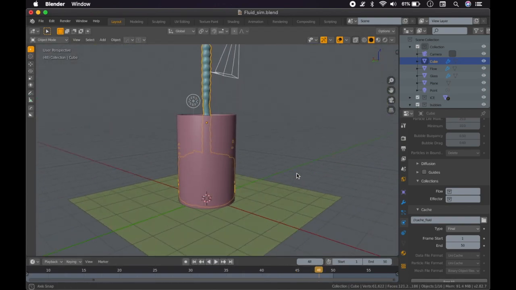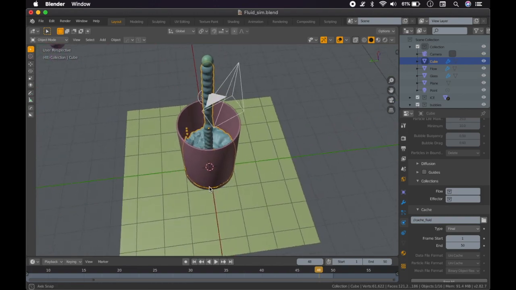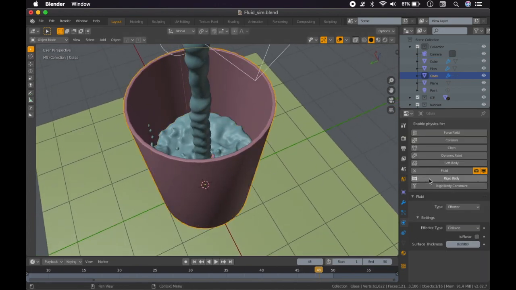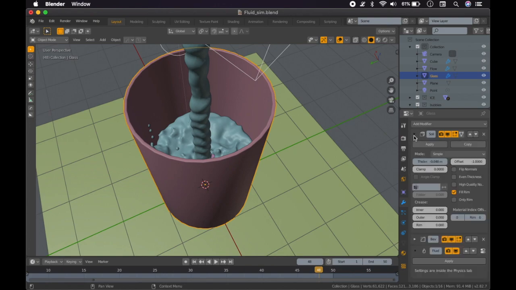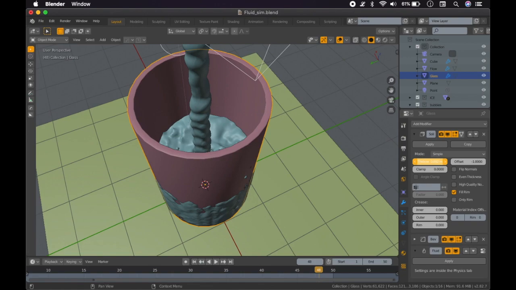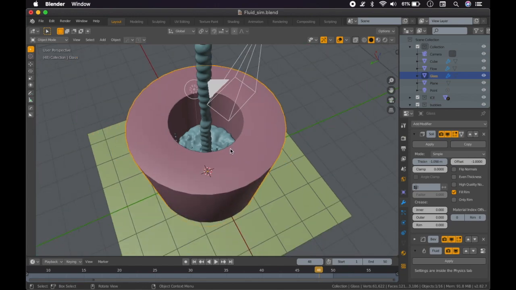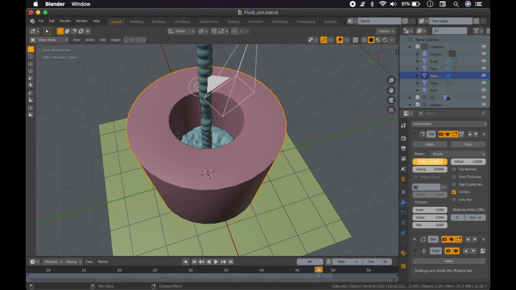So yeah, I hope this tutorial was helpful to you if you're making simulations for glasses in Mantaflow. Just make sure that you go over to your modifier settings and you apply a solidify on the actual glass or whatever it is that you're trying to keep the water in, and make it as thick as possible in the beginning so that the water could calculate inside the mesh that you want to have it in. Otherwise, if it is too thin, the actual simulation is not going to know how to calculate this to be something else. So calculate it to something as big as this at first, and then you could actually scale it down